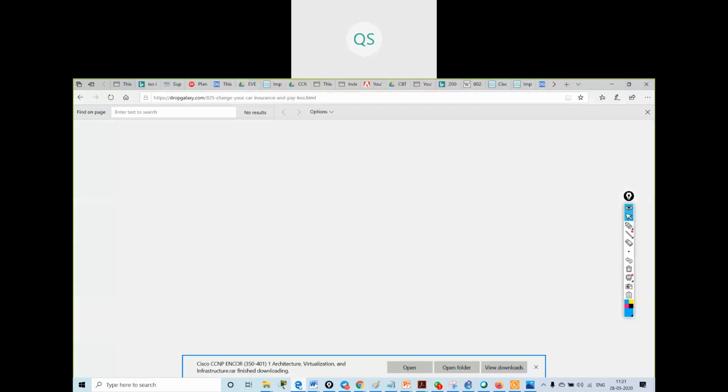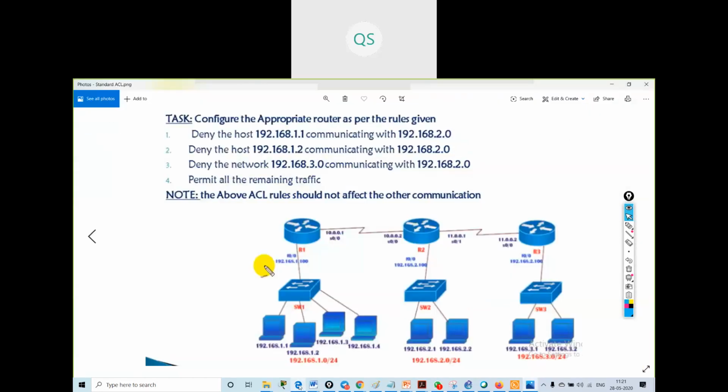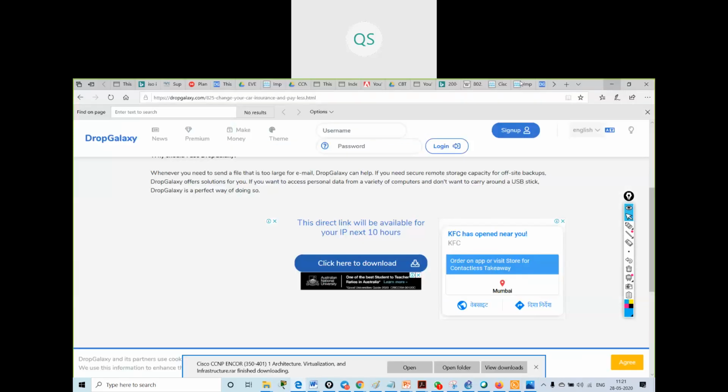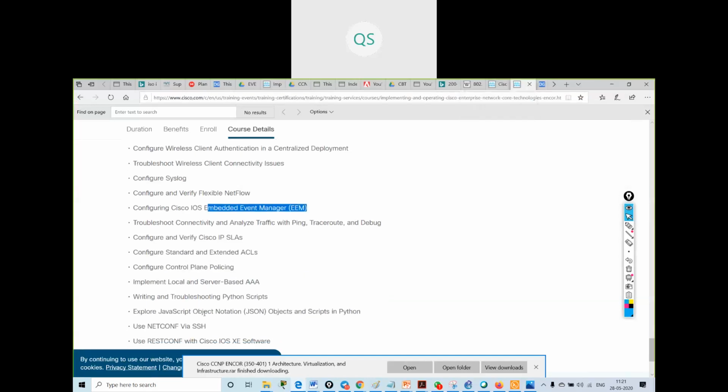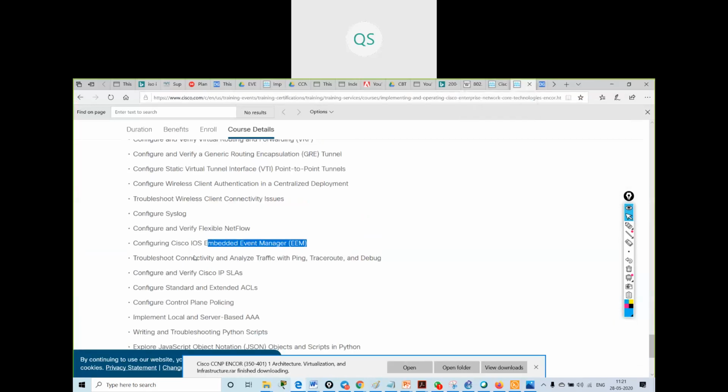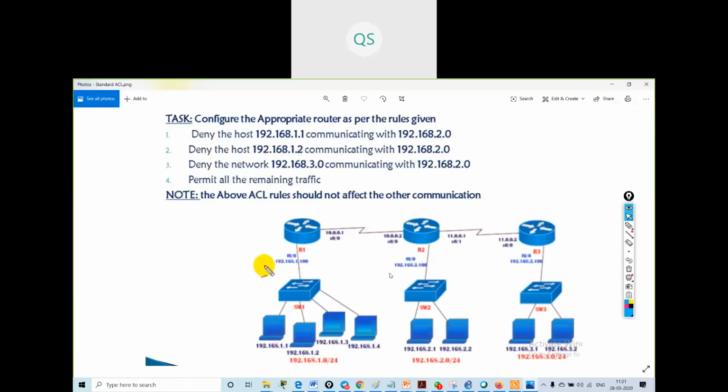If you go in the outline, standard and extended ACLs. Okay, so our task is the same as what we have done in our CCNA.